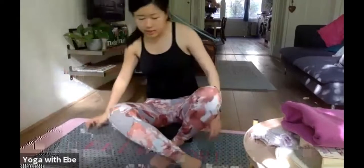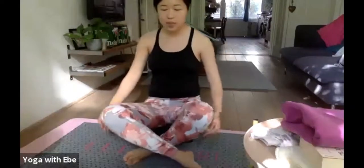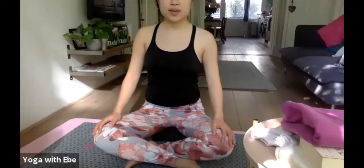The reason why we sit on a block is because it helps our hips to open up if our knee is not above the hip, but below the hip or in parallel to the hip. So roll the shoulders back. When you learn this pose, it's very common that